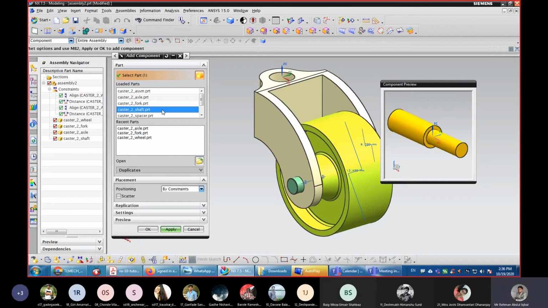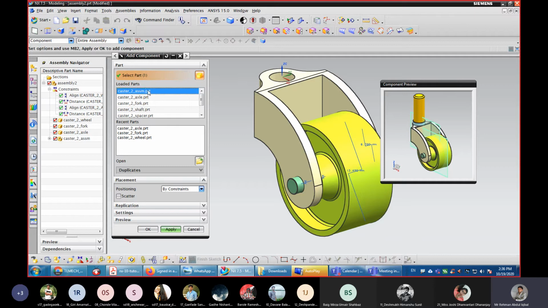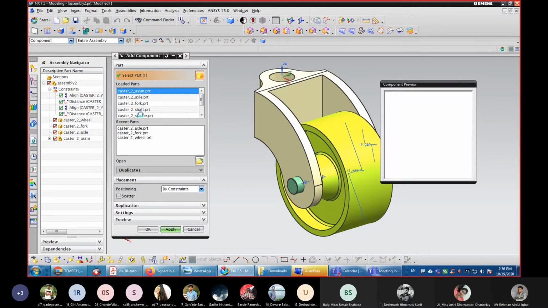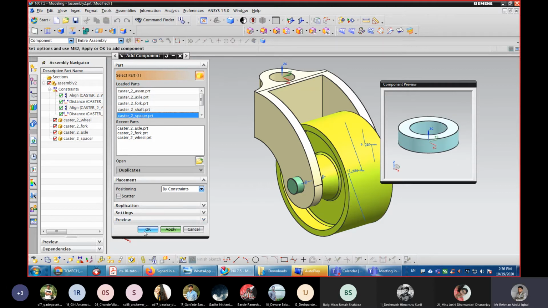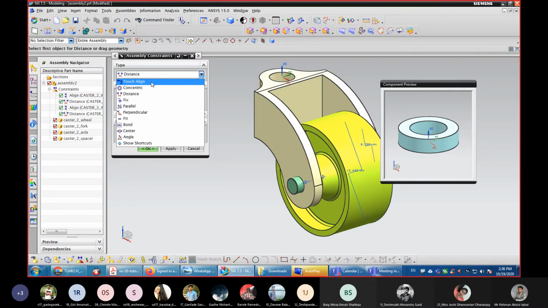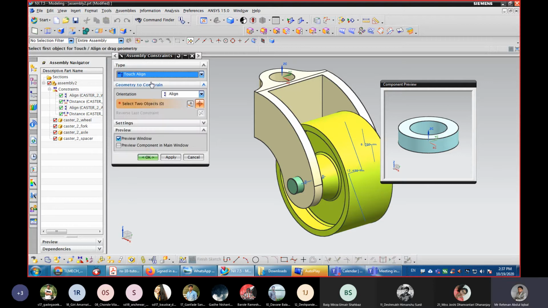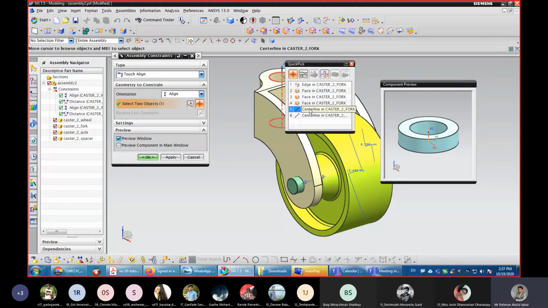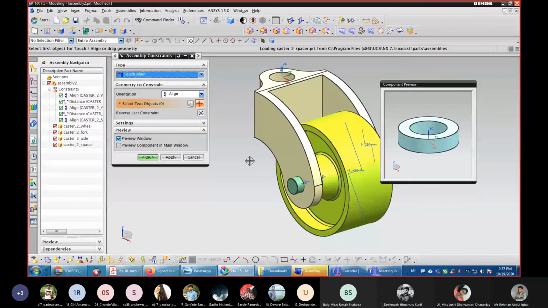शाफ्ट है ना, पहले असेंबली देखेंगे, असेंबली कैसी है इसकी। यू कैन सी दिस, ये शाफ्ट है, बीच में स्पेसर है इसके, ठीक है। तो पहले स्पेसर ले लेंगे, दिस वन, क्लिक ओके। हाँ, व्हाट इज टू बी डन, क्या करें, we will align center of this spacer, center of this fork. Click OK.